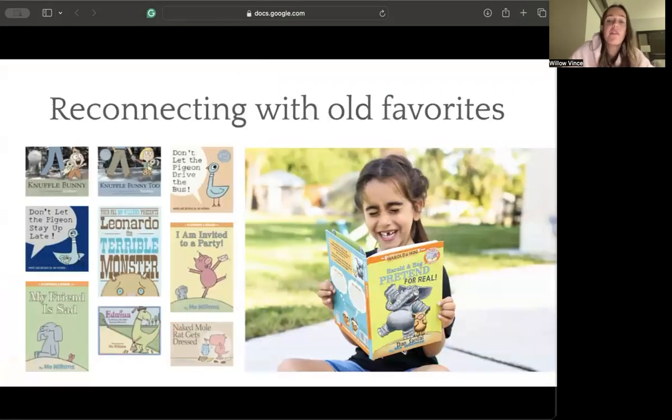My favorite part of the author study was really just reconnecting with some of my favorite childhood books. For example, Knuffle Bunny, which I did for my final independent lesson plan, and also Don't Let the Pigeon Drive the Bus were definitely two of my favorites growing up. Reading these really reminded me of how these stories made me feel as a kid. It was really special to come back to these books through a new lens, because I always thought of these books as purely funny and whimsical. Looking at them through this teacher lens made me realize how much they can still teach. They teach about emotions, social skills, and problem solving, all while being very funny and whimsical.